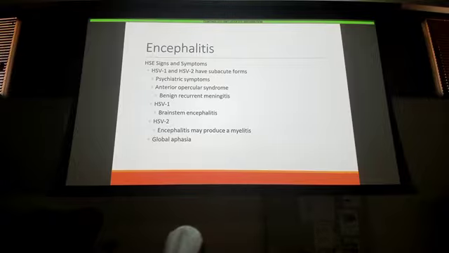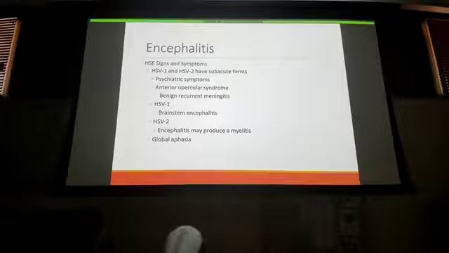All right, some signs and symptoms, HSV 1 and 2. They do have some subacute forms. A lot of psychiatric symptoms, and again, that altered mental status, personality changes, is kind of a big deal. Definitely needs acute evaluation. There is anterior opercular syndrome. Anybody heard of that one yet? So it has another name,